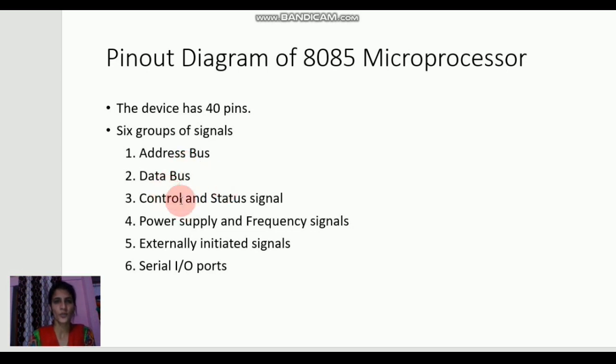The 8085 microprocessor gives out various control signals like read, write, ALE, and status signals like S0, S1, which indicate the machine cycle the processor is in at any point of time. There are some input signals like ready, hold, etc., which the input-output devices give to properly perform various read and write operations. In addition, there are pins for power supply and frequency signals, and serial input and output ports for serial data communication.